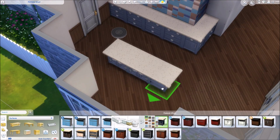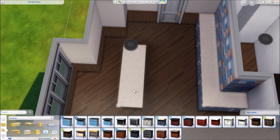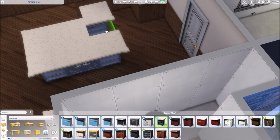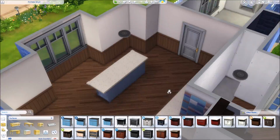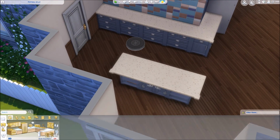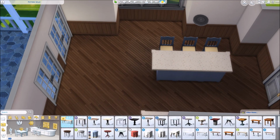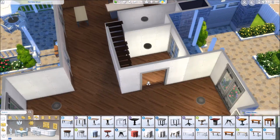There is a bar, as you guys can see, which I think is gorgeous. I love the bar in this pack. This is definitely something that I was waiting for. I was just waiting for a new kitchen counter in general, because we were playing around with the same counters